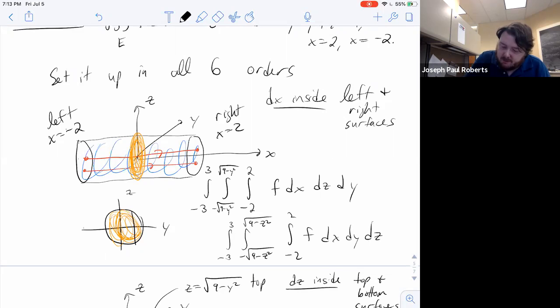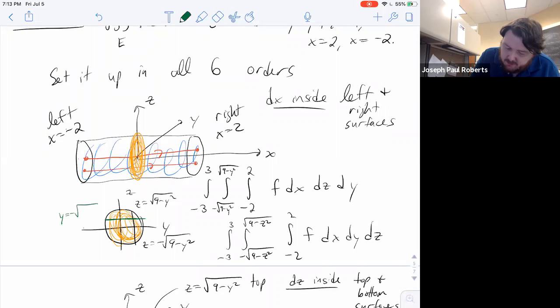Basically, depending on how you do this, if you do the top-bottom slicing for the yz disk, then you solve for y in terms of x and z. Whereas if you do the left-right slicing, you'd have that y starts at minus the square root of 9 minus z squared, it stops at plus the square root of 9 minus z squared. So anyway,